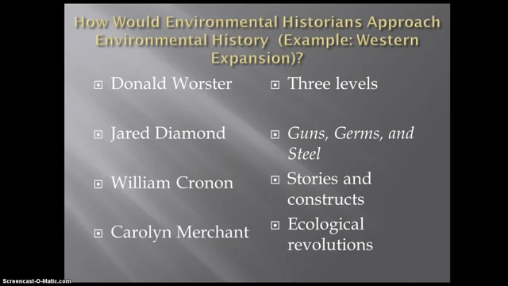And our first of the big four is Donald Worster, and I'm going to be talking today about his three levels of analysis and the three ways in which he stresses environmental history can make more sense. We can apply a formula for better understanding and focusing on the important developments of the past that will help give us a greater sense of meaning when we look at environmental history and try to practice environmental history.